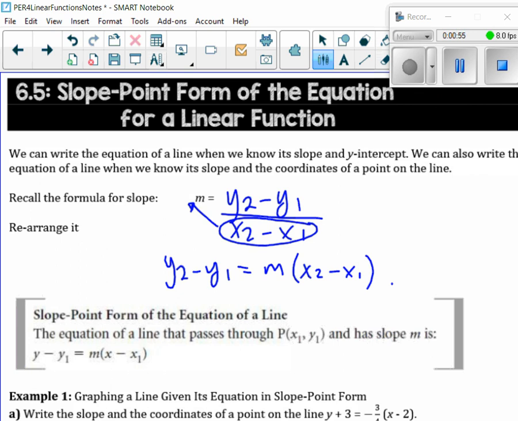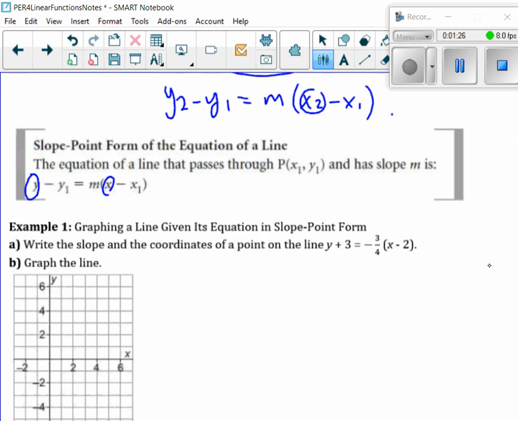And instead of using y2, if I replace it just with the variable y and x2 with just the variable x, I've created a new equation of the line called the point slope form, or slope point form. So if you have the slope and another point, you're able to graph it. Guess what else you can do? You can actually come up with the equation of the line. Okay? So